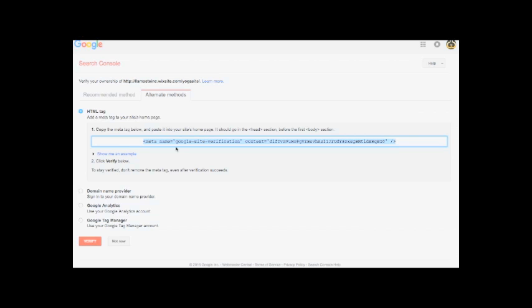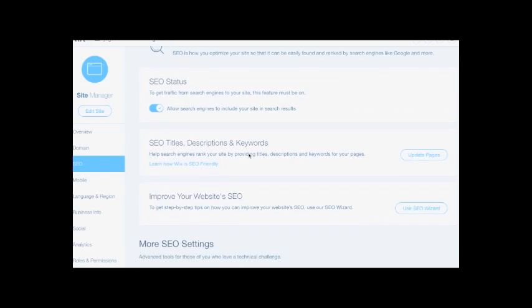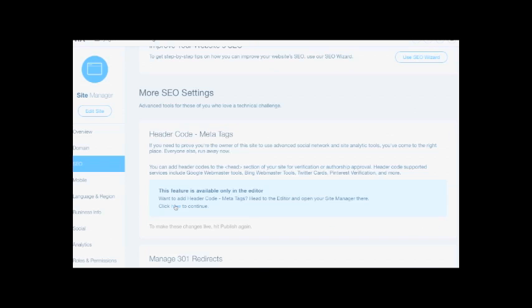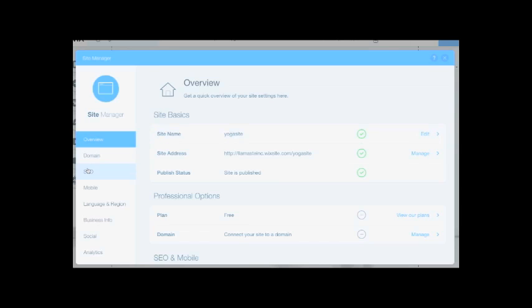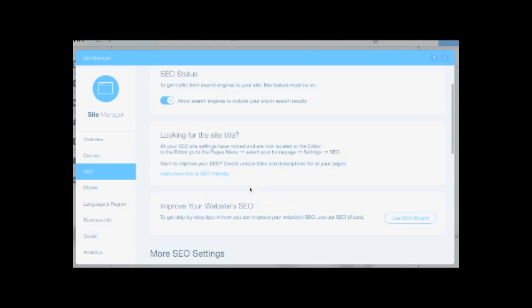Now remember where I showed you earlier on in this video where you enter the site's meta tags. What you're going to need to do is go into your site editor, and once you're in your site editor, you go back to your site navigation bar item and return to your site manager. In your overview, we'll go to SEO,